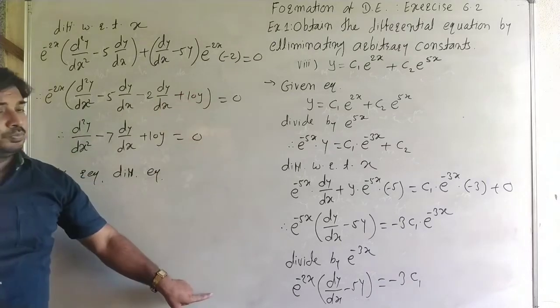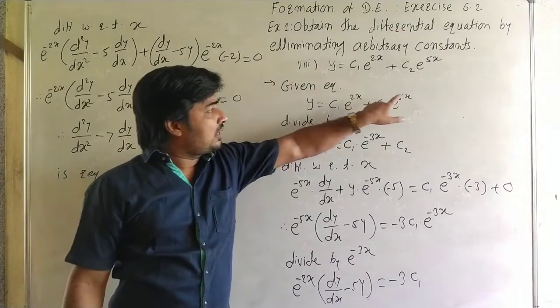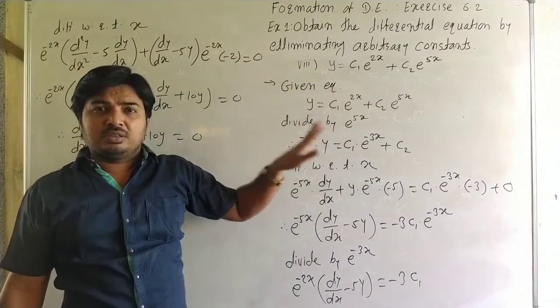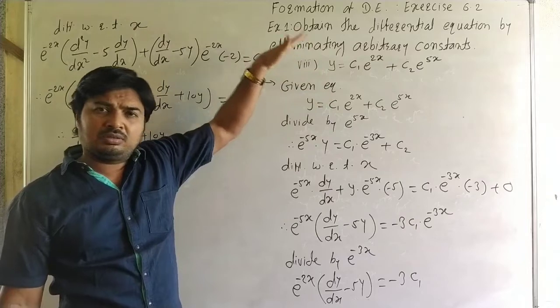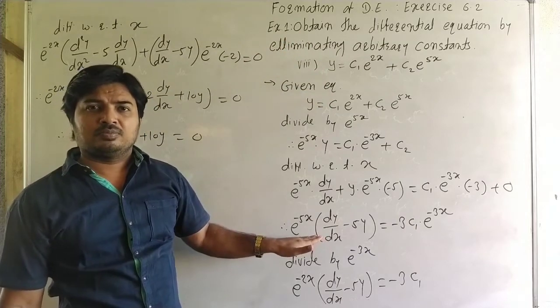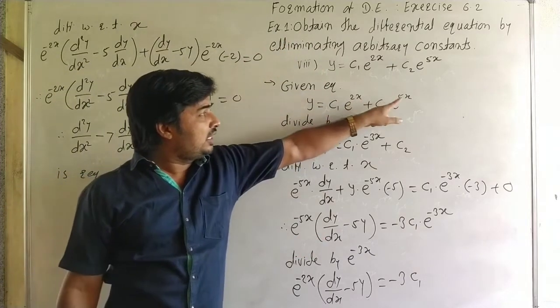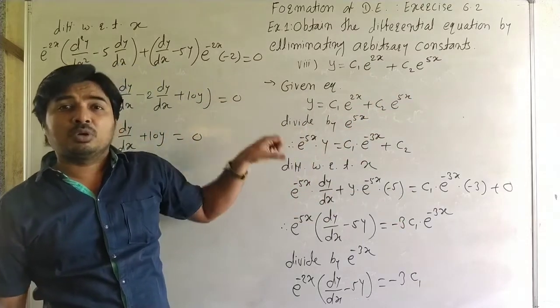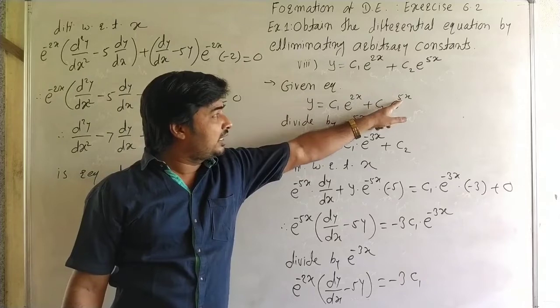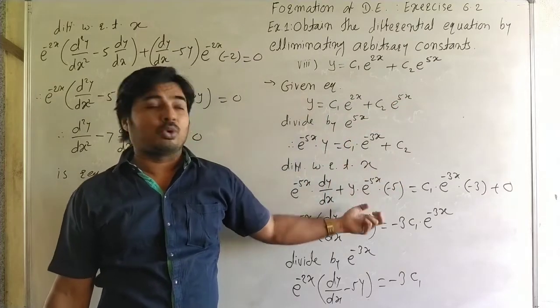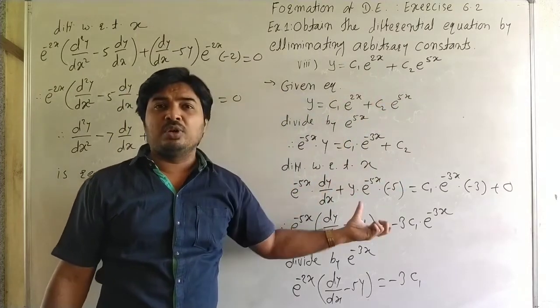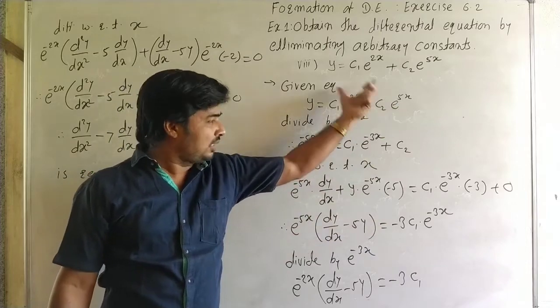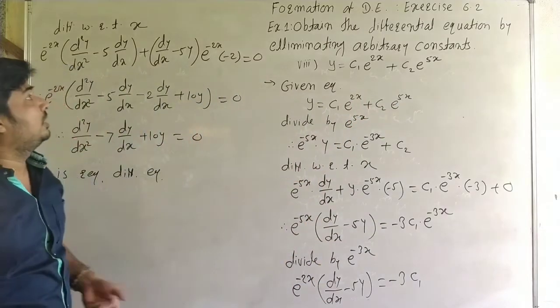See carefully. If the two numbers are the same, one positive and one negative, then simply differentiate two times. When here it is 2x and here it is minus 2x, then simply differentiate two times and we get a number common. It is 2 and again here it is 2, then we take common 4. If here 5, we take common 25. But here the numbers are different, so this method applies.